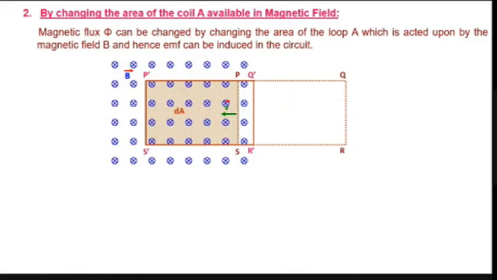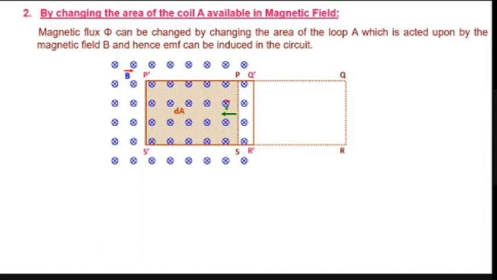Neha, can you tell me why I have taken dA only this much portion, not the area of the complete coil? Because this is the extra one added. Yes, we are concerned only with change in area. We are not concerned with the total area. How much area has been changed? Area changed, flux changed, EMF produced. So we are concerned only about change. That's why this much area has been changed.